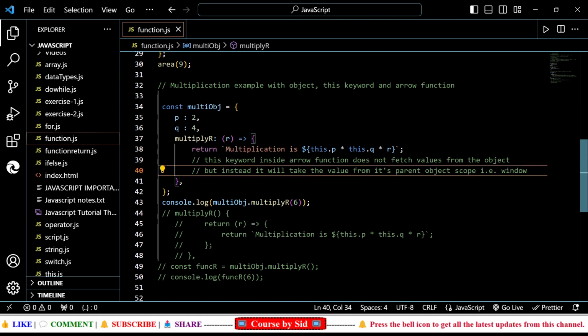Instead it will take the value from its parent object scope, that is, it will take the Window's value, right? So that's why we are getting this NaN. So to overcome this problem, what we can do here is we're going to initialize the arrow function